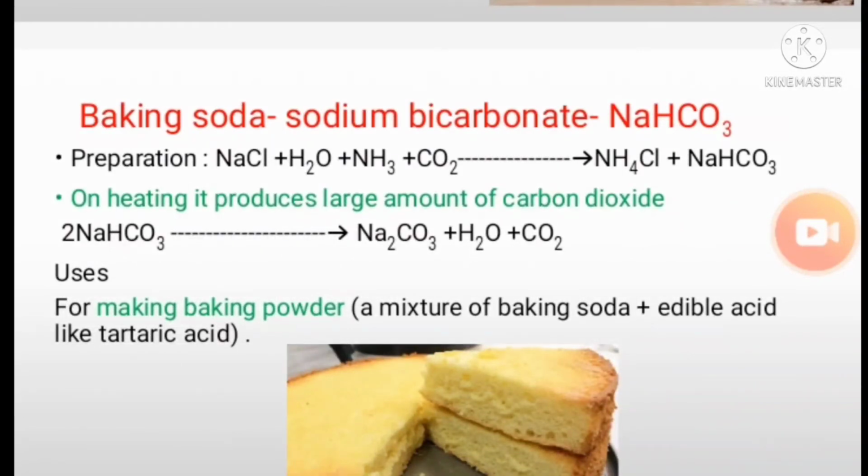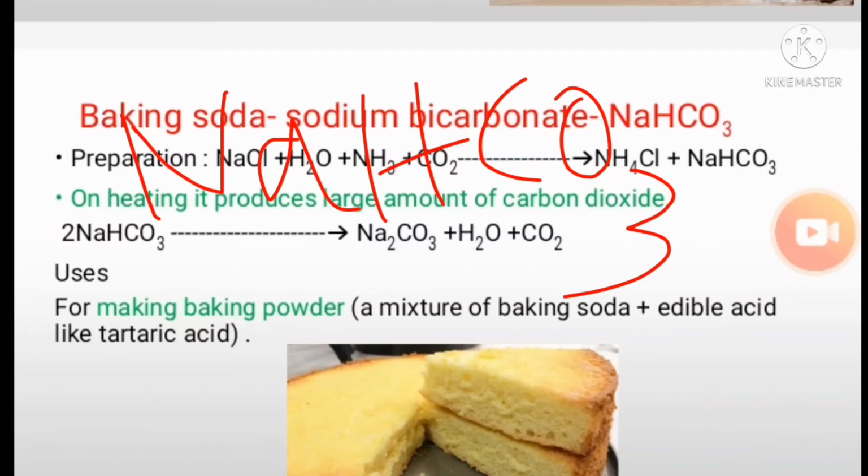Next one is baking soda. Have you heard about baking soda? Baking soda is used for preparing cakes. Let us understand more about baking soda. The chemical name of baking soda is sodium hydrogen carbonate. Its chemical formula is